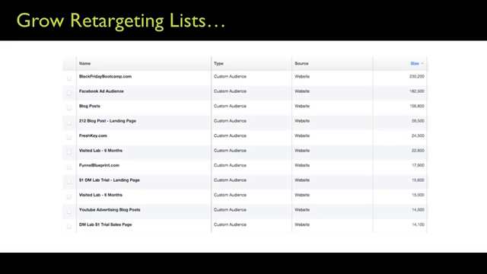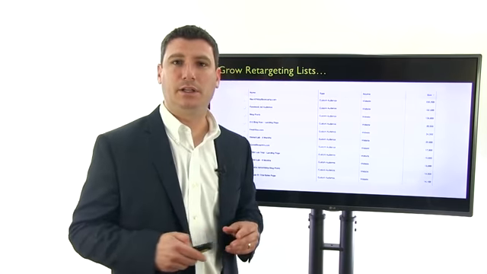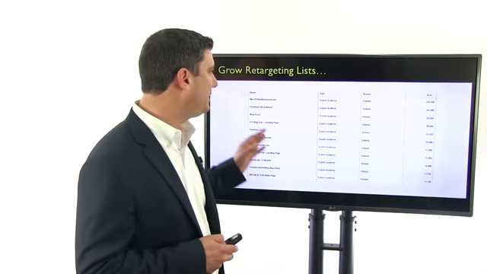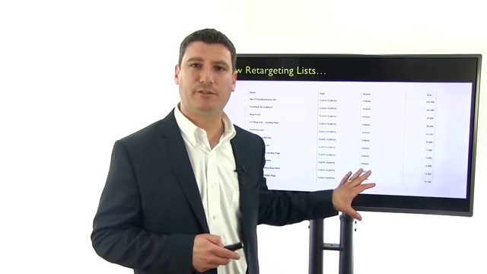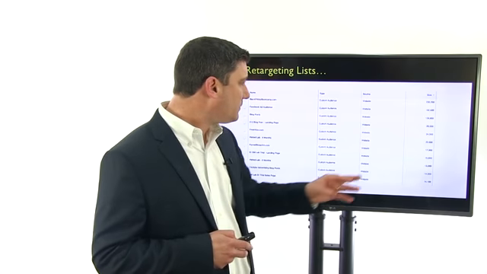But you can see here, this is just an example slide of the different retargeting lists that we have here at Digital Marketer. We'll get into why we have these lists and how you can apply this same principle. You can see that this is a form of owned media. It's a sort of hybrid, of course. We don't actually own these lists, but this is a screenshot from the inside of Facebook, where along the right side of this graph, you can see, for example,